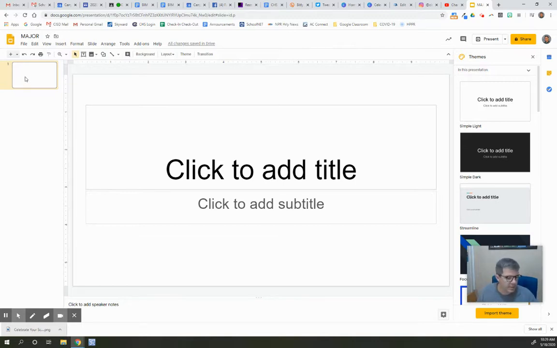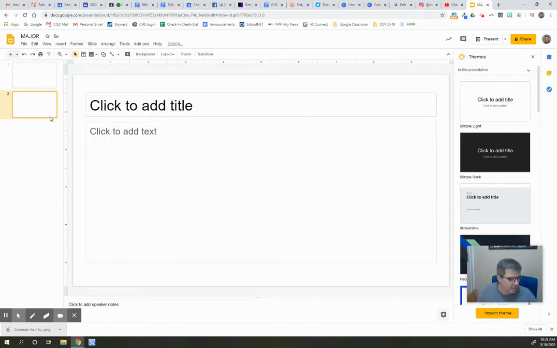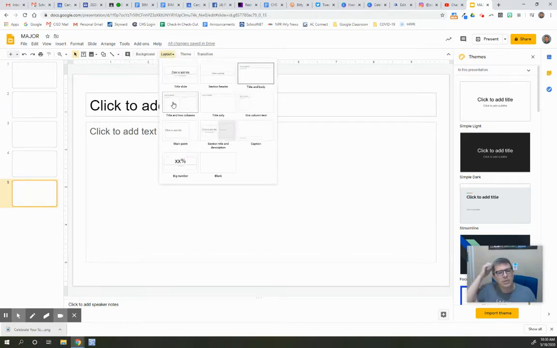The first one is a title slide. The second one is a slide with text. Same with slide number 3 and 4. Slide number 5 is actually a little bit different. We're going to do a new slide, but we're going to change the layout. You are going to have a title text box up at the top, but instead of having one single text box down at the bottom, we're going to have two text boxes